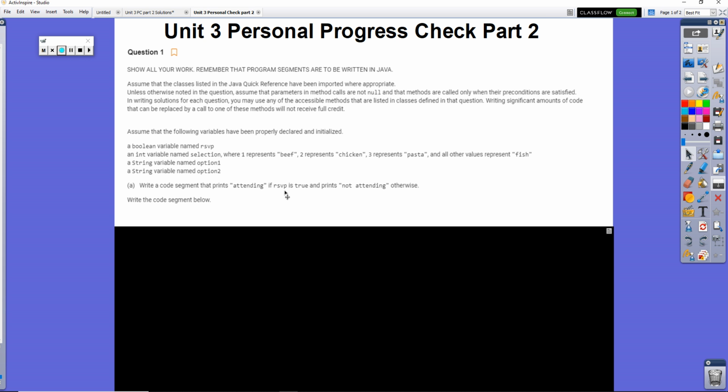if RSVP is true and prints out not attending otherwise. So this question is about using simple logic and branching. So we want an if statement and an else. So the solution for this is going to look like